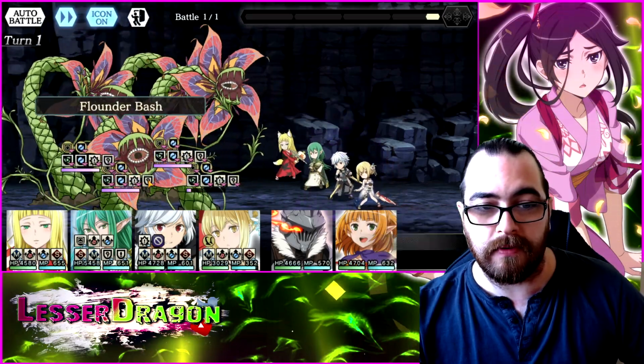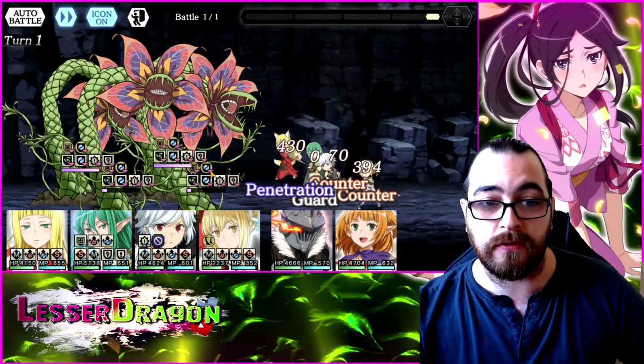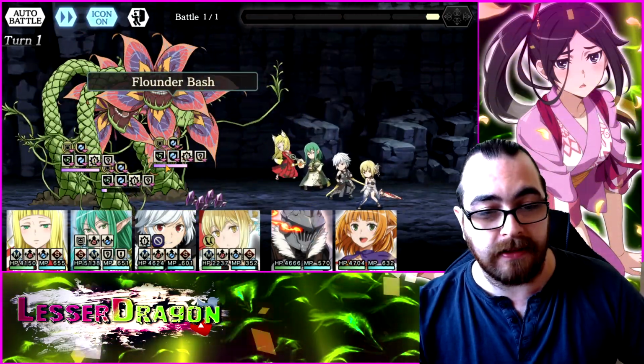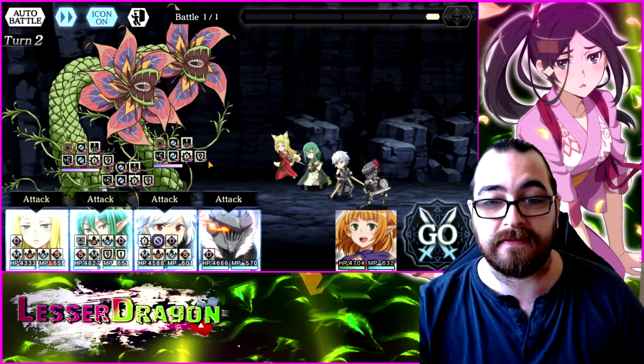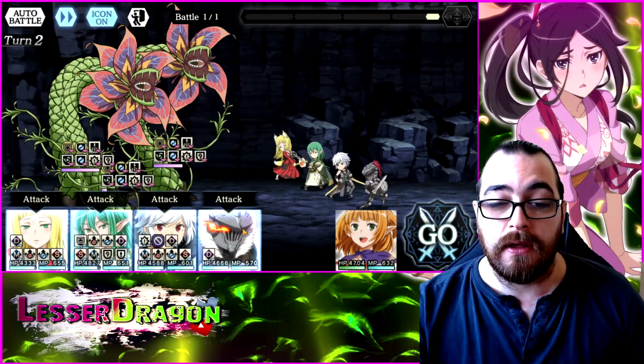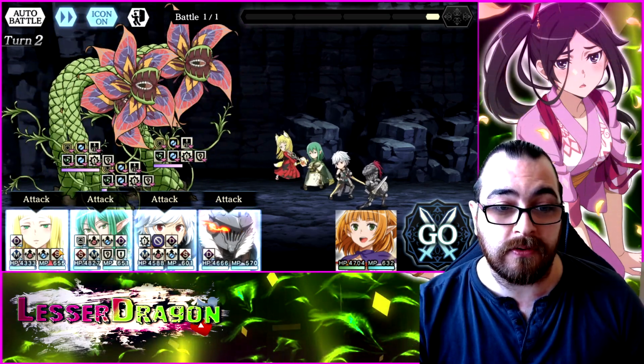There we go. Alright, so she applied guard rate debuff and water resist debuff to all 4 units here. I'm going to win through counters, ain't I? And then at the end of the turn, she left. We're now on turn 2. Goblin Slayer has a revolving amulet as well. So this gives us an opportunity to double stack